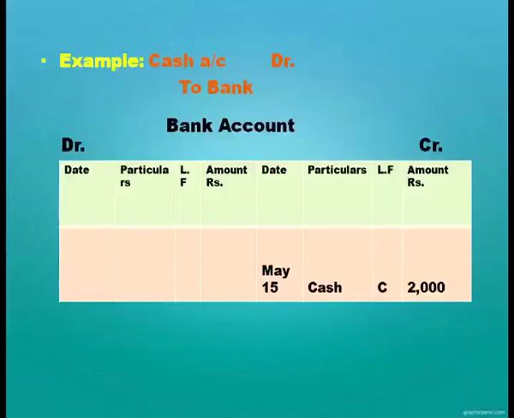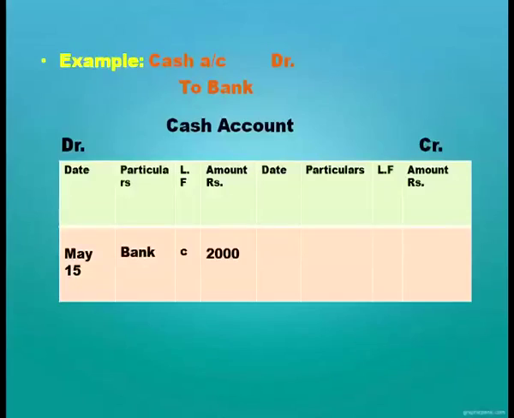So, when cash is withdrawn from the bank, cash account is debited and bank is credited. To make you think about how this amount comes in the respective column, I have drawn this account. If you are writing directly in the bank account, how will you post? You will write on the credit side "By Cash", and the amount goes in the bank account's amount column. That is why in the cash book we write the amount in the bank column.